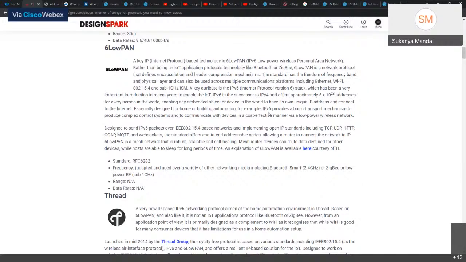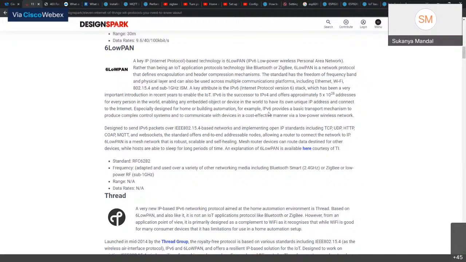Anyway, 6-low-PAN is especially designed for home or building automation. For example, IPv6 provides a basic transport mechanism to produce complex control systems and to communicate with devices in a cost-effective manner via low-power wireless networks.